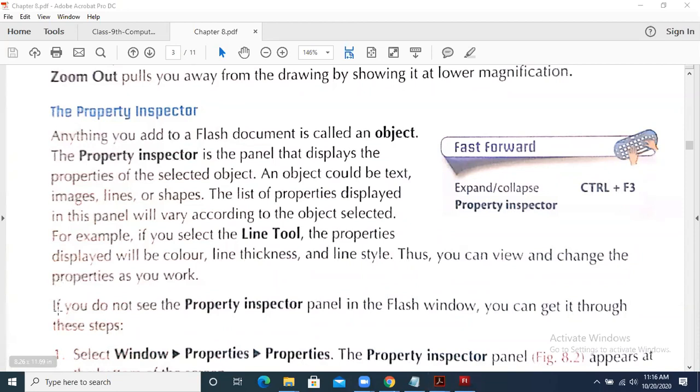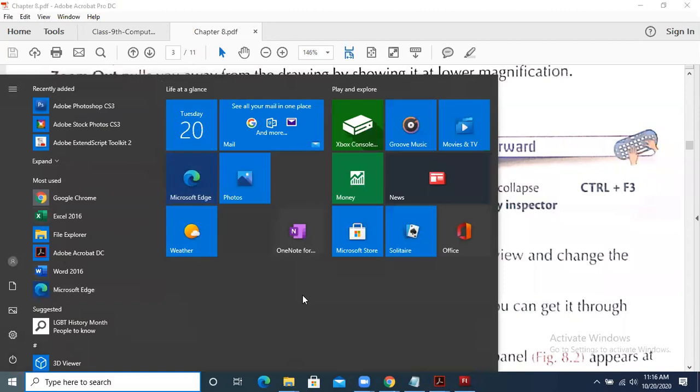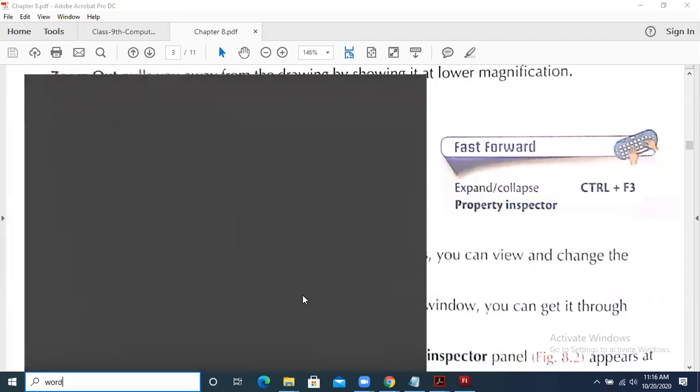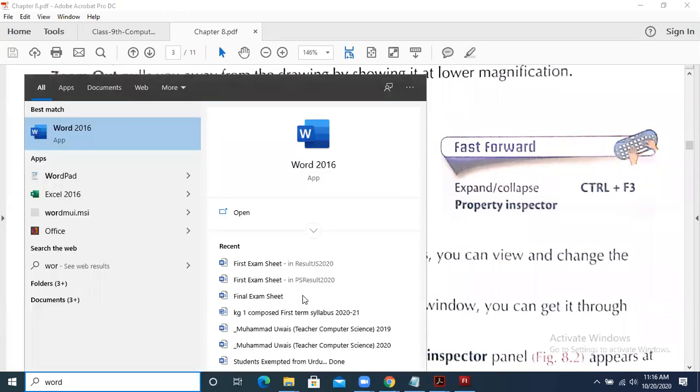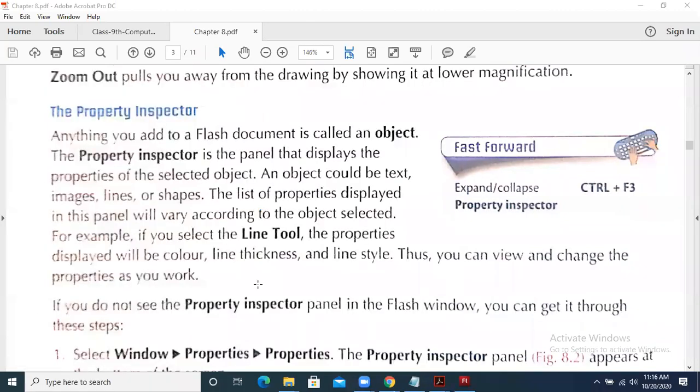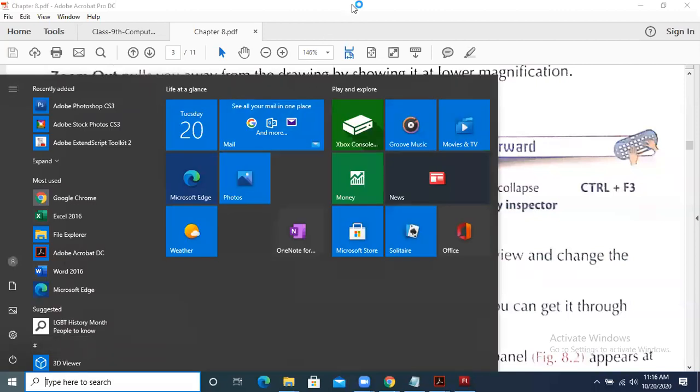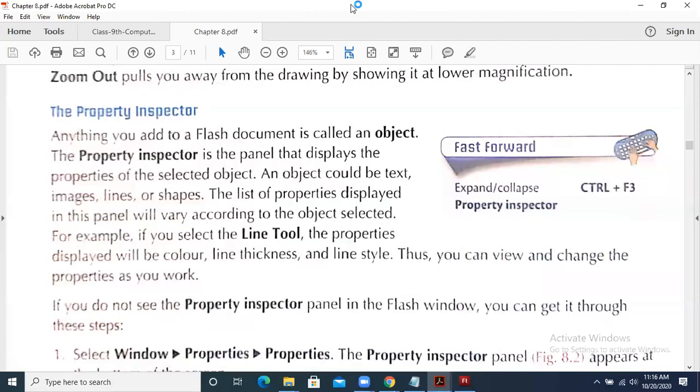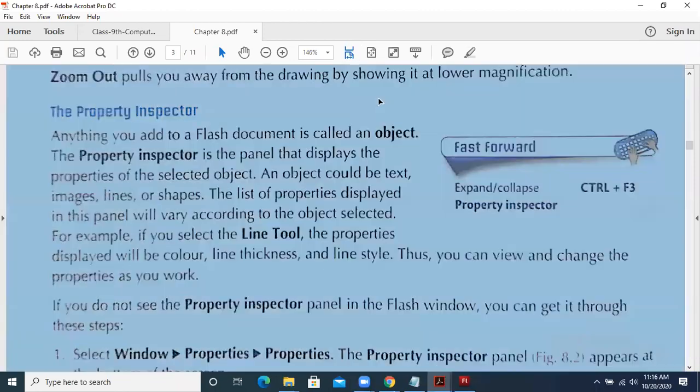So what we have discussed today, let me give you a summary. Practically, we have understood a number of things.